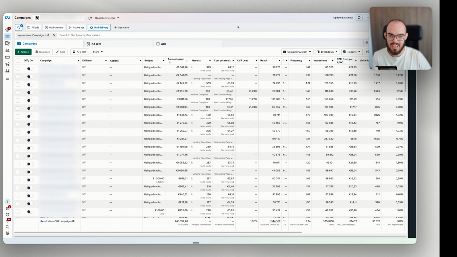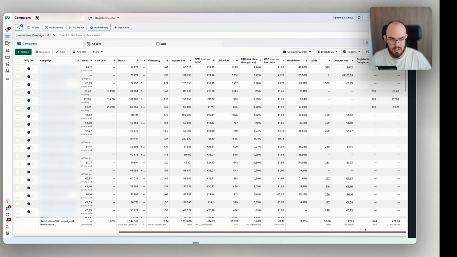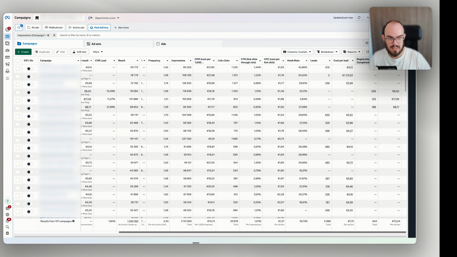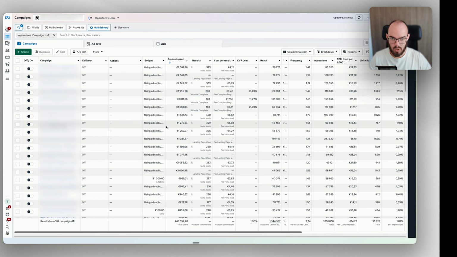This is the ad account as it stood before I took it over. From January 1st, 2024 until January 19th, 2025, they spent 46,000 euros. They had 644 registrations completed and nearly 6,000 leads. The cost per lead was 7.75, and the cost per completed registration was 72. Why there are different types of conversions, leads and registrations completed, had to do with an improvement of the website. But what we can see is that in that one year they started